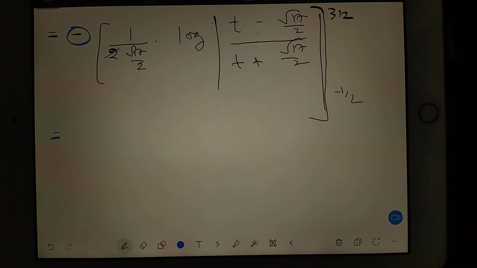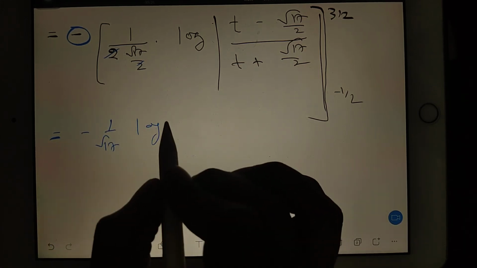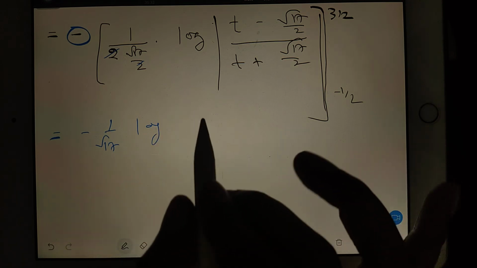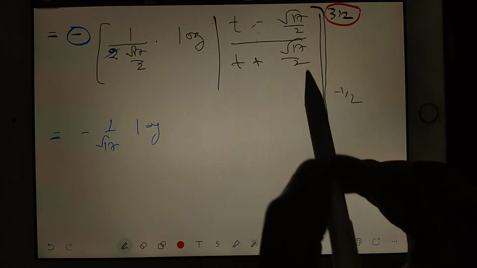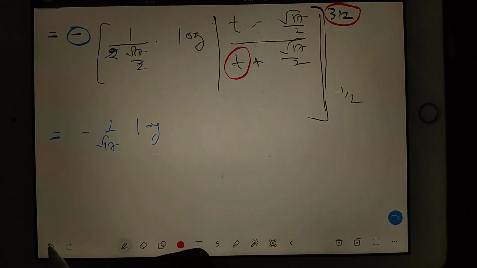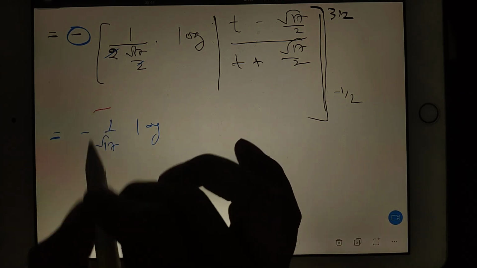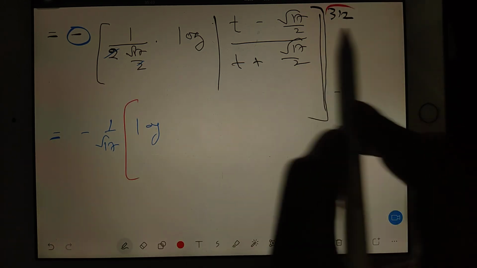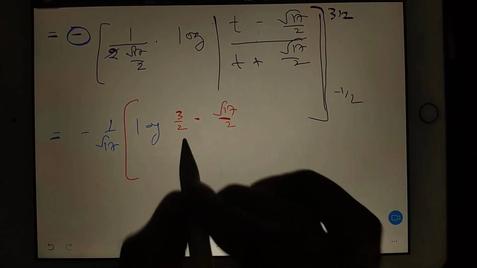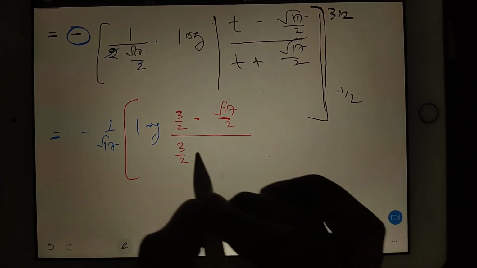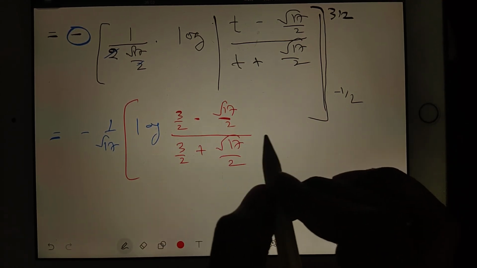We can substitute here. Anyway this 2 will get cancelled and this minus sign is as it is. So I can take minus 1 by root 17 as it is, and after that in this log I have to play some very good kind of arithmetics here. So this 3 by 2 first I will substitute here, and then this 3 by 2 I will substitute here. So it will be very lengthy, a very large problem. Anyway we have to do this, so I am putting one bracket here. So first I will put this 3 by 2, so 3 by 2 minus under root 17 by 2. Actually because I am solving, that's why it is consuming time. Otherwise if a student does it, the speed will be somewhat different.